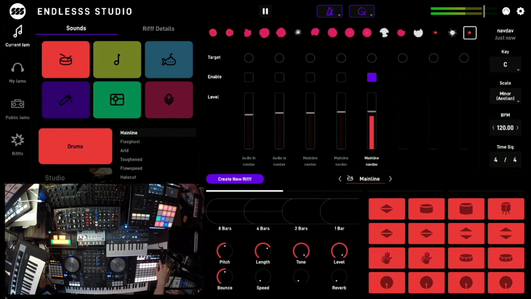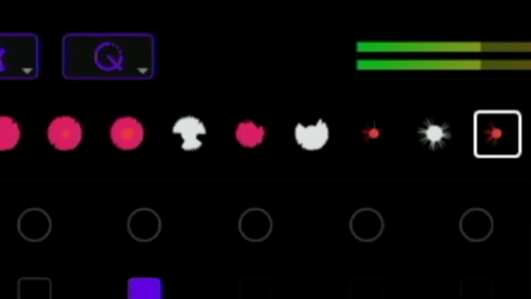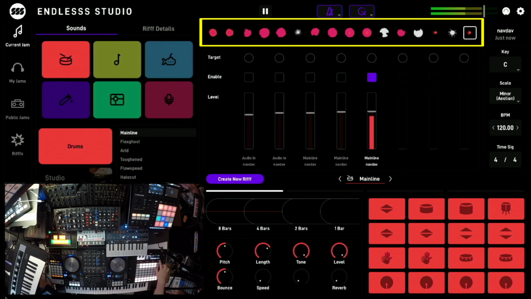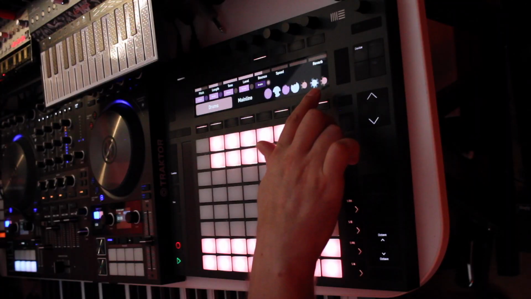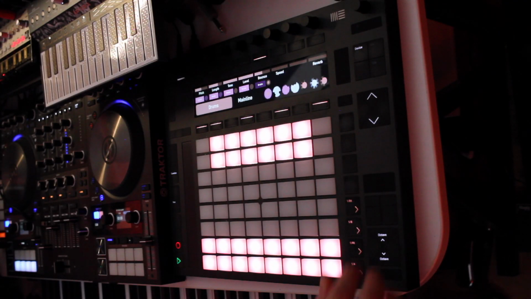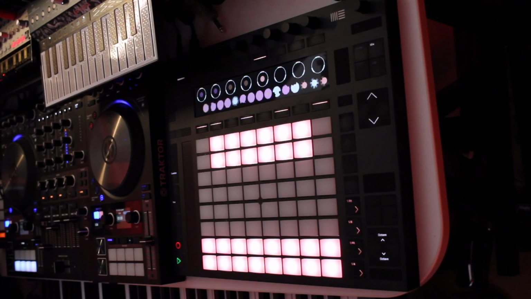When you create a loop, you'll see a new icon appear at the top of your Endless screen. This is a visual representation of the audio waveform I just created. A new icon will appear every time I add a new element to my loop. Once I've got some loops going, I can mix them by hitting the mix button at the top of the